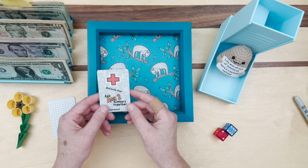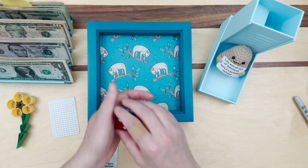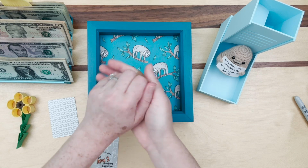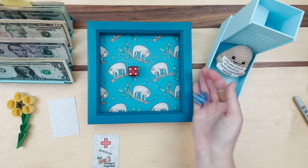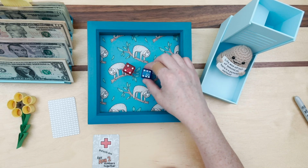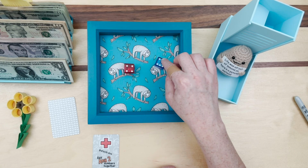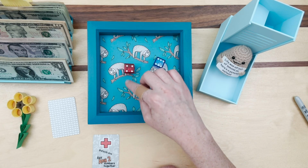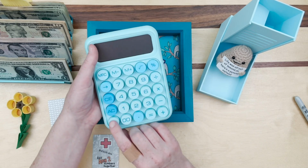So, okay, roll both dice and add any 2 numbers together. So roll 2 dice and add them. So I'm going to roll this again since it went off the screen. So obviously we're going to pick the largest number. So that's a 6 and there's a 5. So 6, 7, 8, 9, 10, 11. I can do that in my head, but